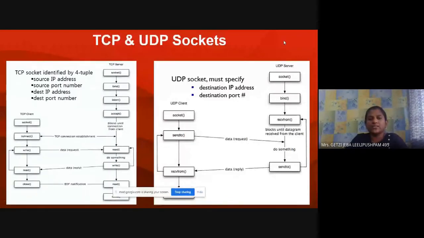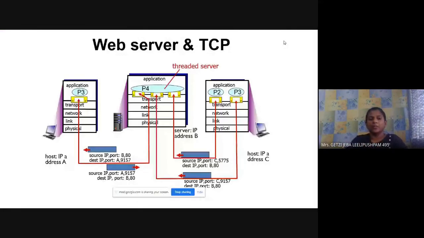Now, a question is, what about the web server? Let's take here two computers and one server, and computer A has the IP address A. Computer A opens a web browser. Similarly, here also he opens two browsers, browser 1 and browser 2. Here he types just one word, networking. Then here he types education books. Here he types science fiction book.